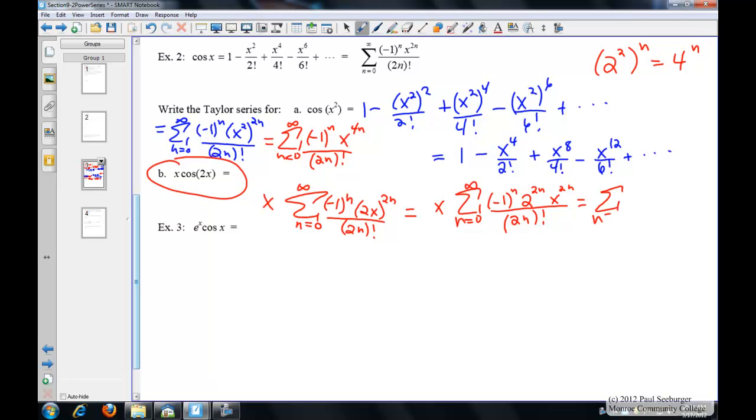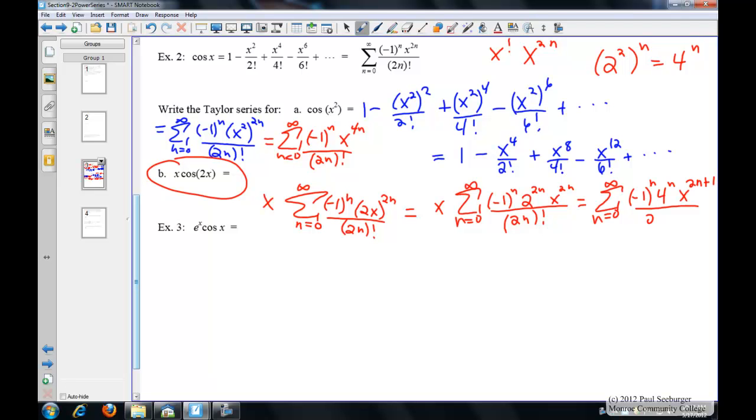When you have another factor of x, you're going to have x times x to the 2n. What are you going to do with those exponents? No, you don't get 3n. 2n plus 1. That's not another n, right? So does that make some sense? Okay, negative 1 to the n, 4 to the n, and then we've got x to the 2n plus 1,